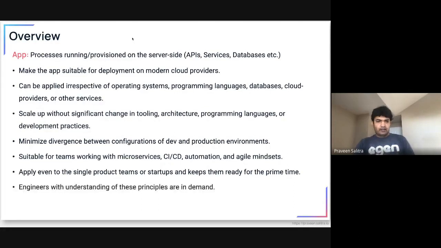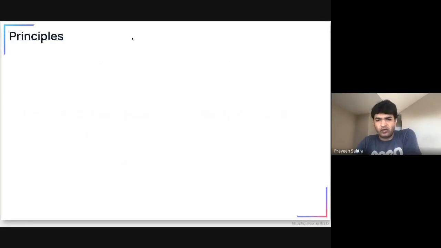And then again, just from a purely engineering perspective or a software development perspective, if that's the track you are keeping in mind for maybe the next 5 years or so, these are the principles. If you have an understanding of them, I will hire you right away if it was me. So definitely a lot of demand for engineers having or understanding these principles. So let's get started. What are these principles?